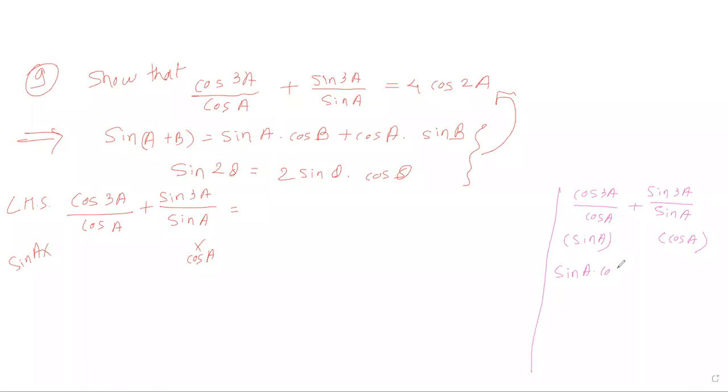Sin A into cos 3A plus cos A into sin 3A, upon cos A into sin A. Is this clear? Yes, ma'am. So write down as it is: sin A into cos 3A